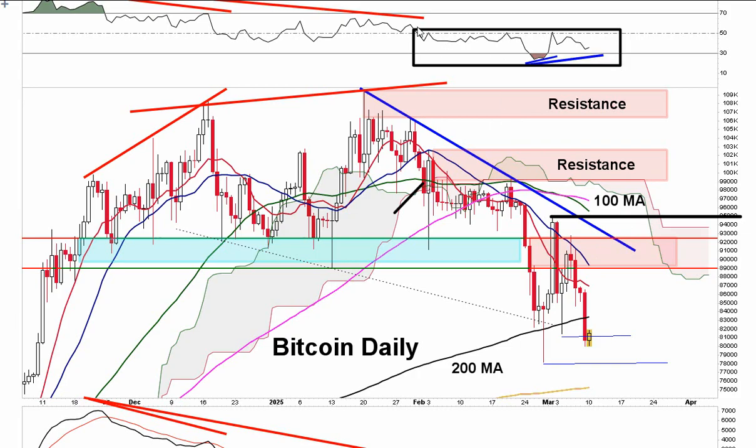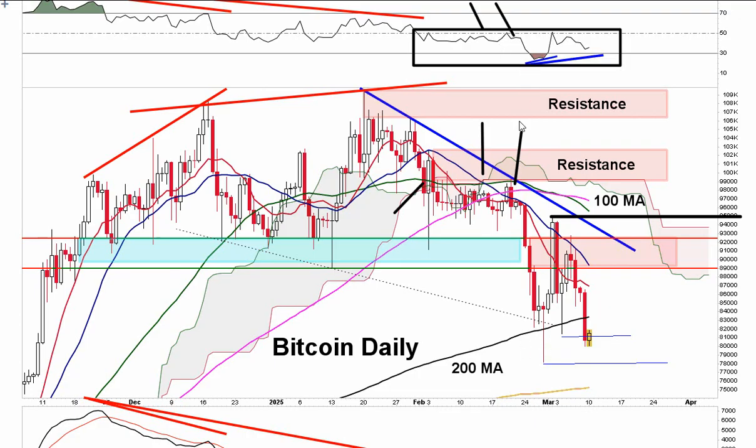But notice here, again, we lost the 50 level on the RSI. We lost the 50 level on the daily chart, the 50-period moving average, and you've now been consistently below that level. The pull-ups, after we lost the 50 here, we pulled up to it over here and over here. We pulled up to the 50, and you tested it a couple of times. Then we got rejection at the 50 there. A little hard to see because I have other moving averages and clouds and resistance levels, but you can see what I'm talking about. We got rejection there. Okay, and the pull-ups, and then we turn back down.